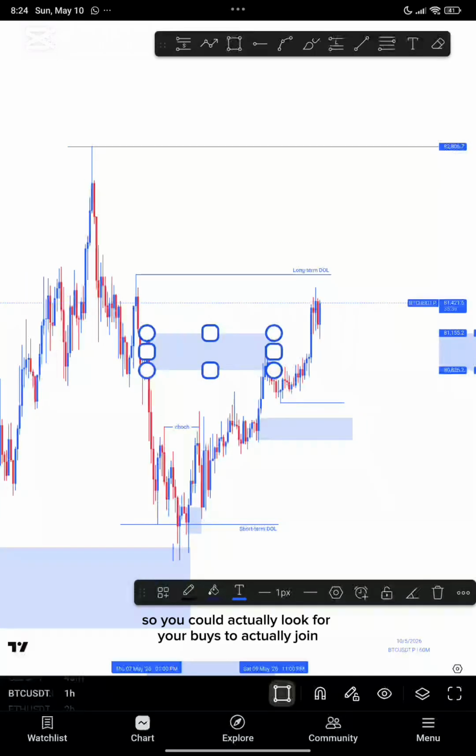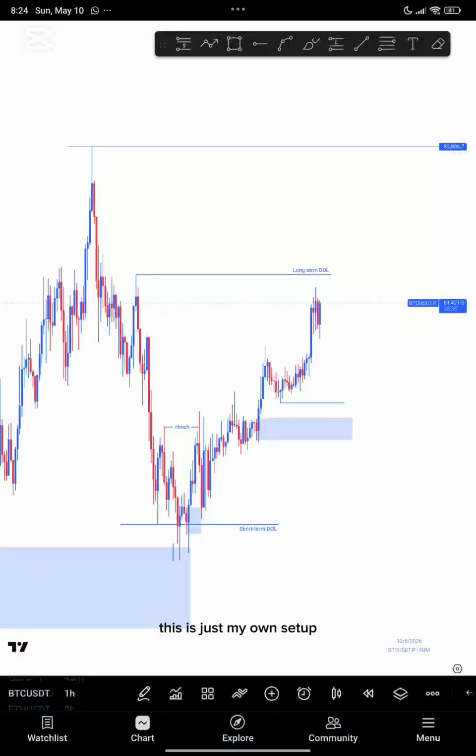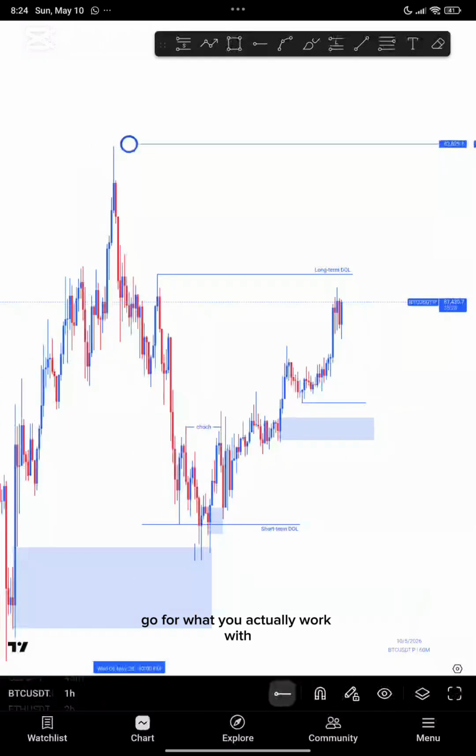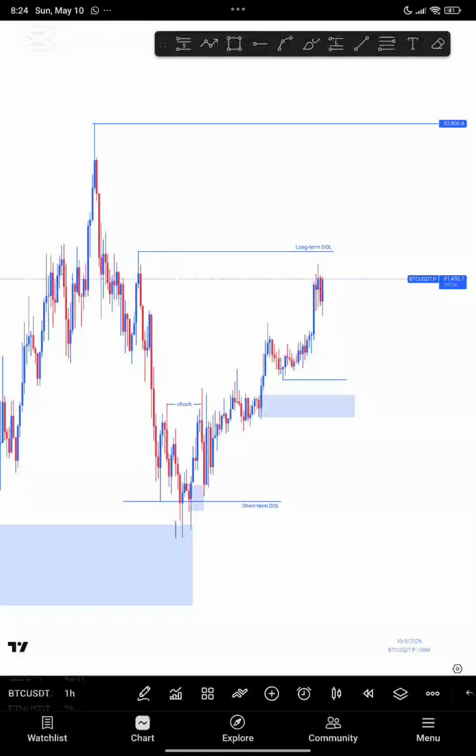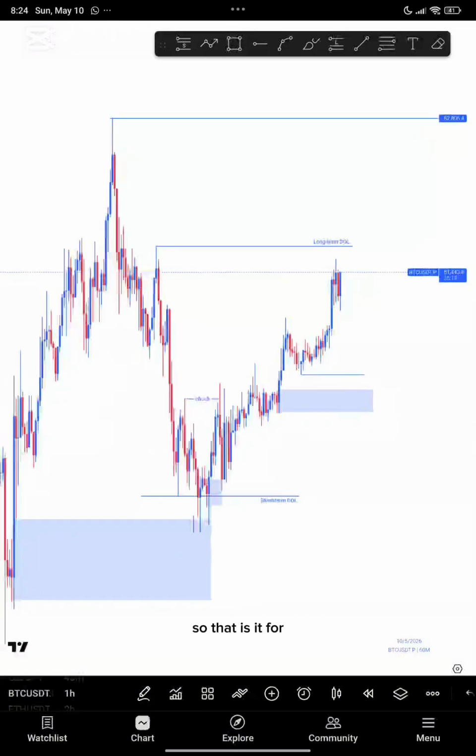So you could actually look for your buys to join. This is just my own setup. If you have your own setup, you could go for what you actually work with, because the direction is actually the ultimate. Since the direction is known, you could just look for your setup to the targets. So that is it